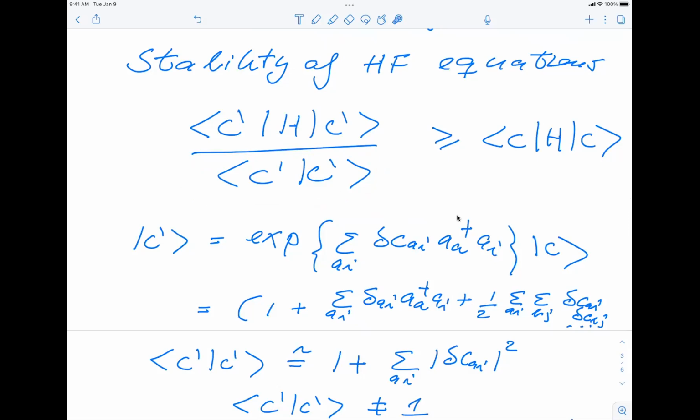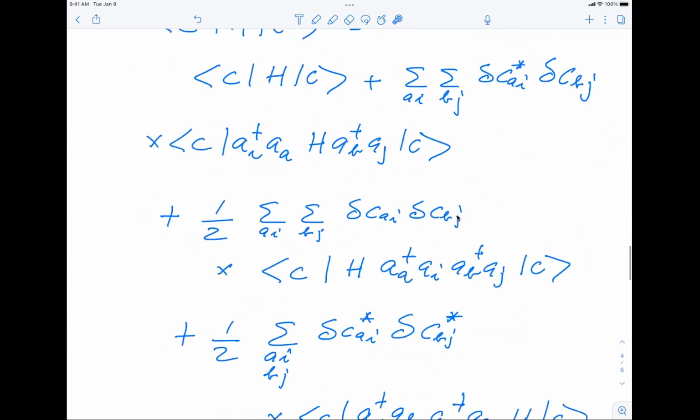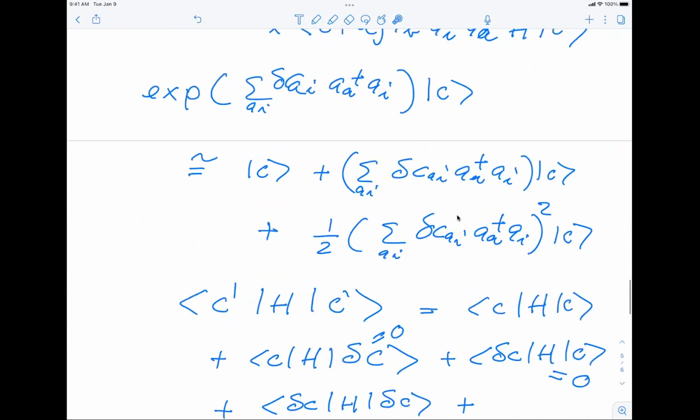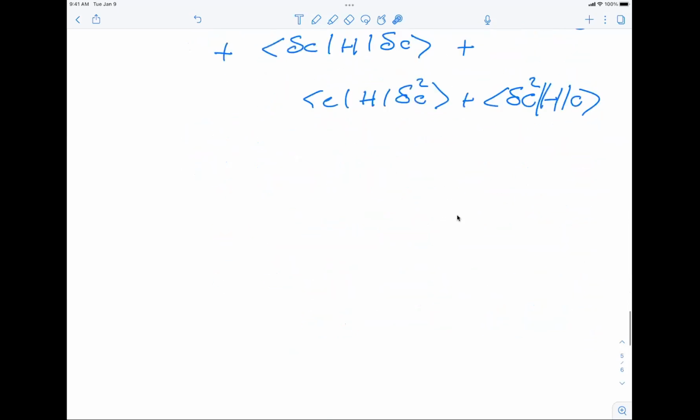Yeah, that will clearly give us an additional term, but then we wouldn't have a symmetry between the denominator and the numerator. So we want to have a symmetry between these two in terms of the unknown coefficients delta C. And by the Hartree-Fock equations, the terms which include C and delta C are exactly equal to 0 by definition. So when we now run through the contractions,